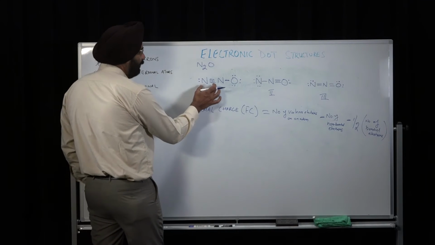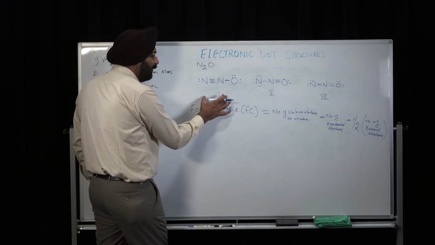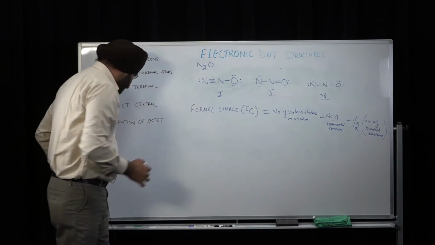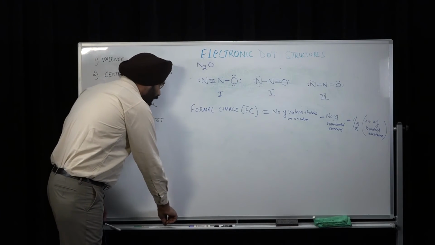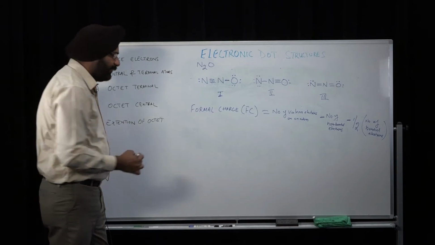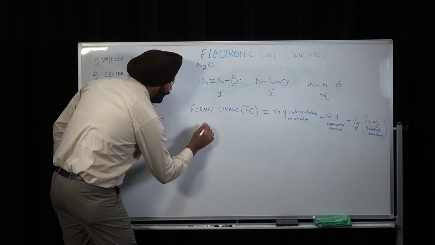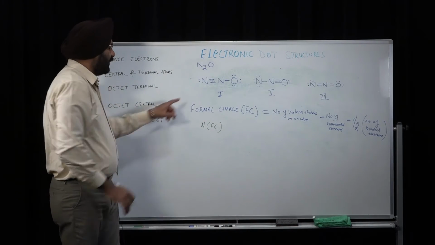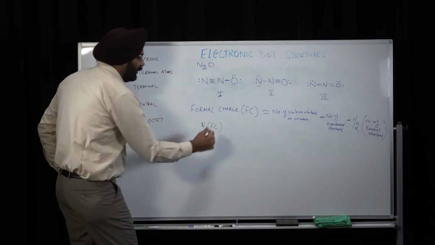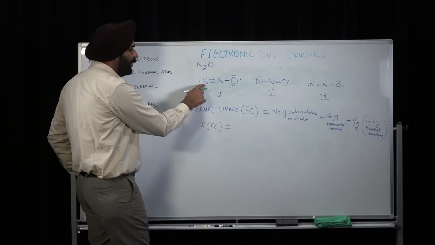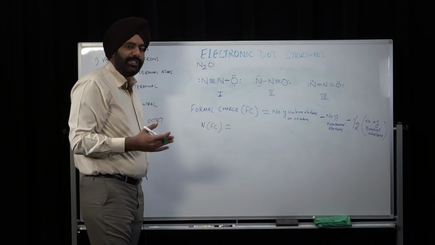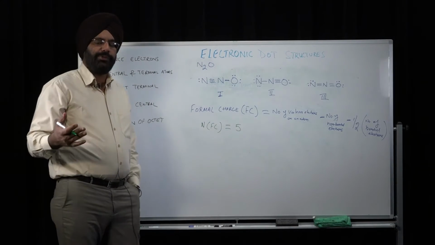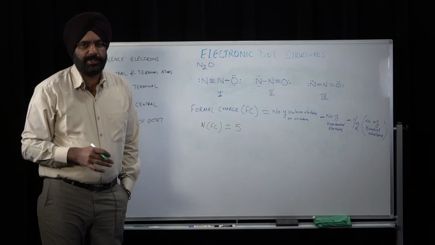So let us calculate the formal charge on each of the atoms for each of the structures here. So let's go with the first structure. I'm going to use a different color pen to calculate the formal charge. So let's calculate the formal charge for the first nitrogen atom, this nitrogen atom. So this will be equal to the number of valence electrons before this nitrogen atom has formed a bond, which is 5. Is that right? Before it forms a bond, the number of valence electrons on this nitrogen atom is 5,